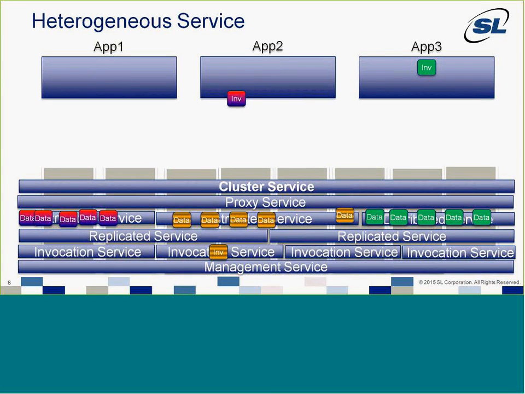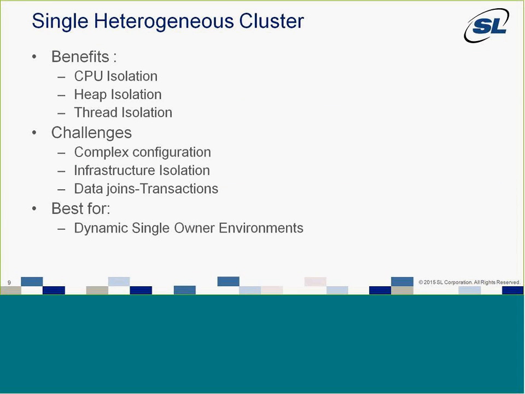And in the model, you can run your invocations across different invocation services based on the information you need. Because you're running this across multiple CPUs, you can get some level of CPU isolation. You don't always get that, but you can get some level of it. You also have some level of heap isolation because each app's data resides on different heaps and different JVMs. You also have thread level isolation because you could define a different thread pool.